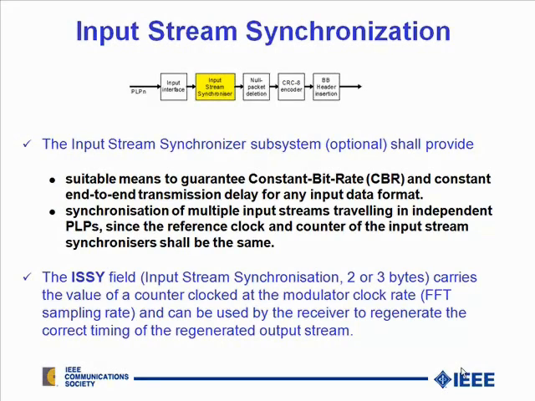We will see this in the following. So the input stream synchronizer inserts a field, the input stream synchronization field, which comprises 2 or 3 bytes, that provides a general